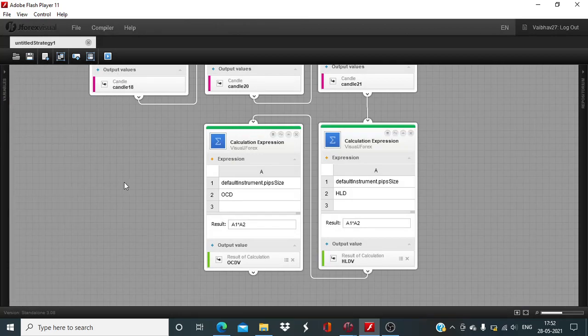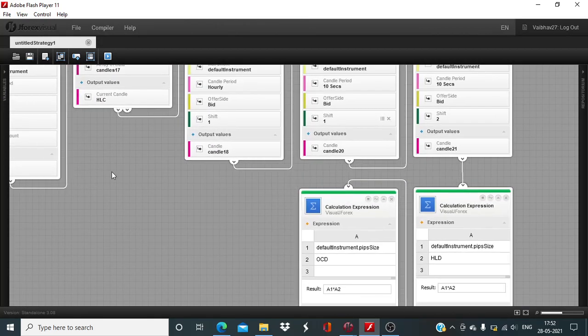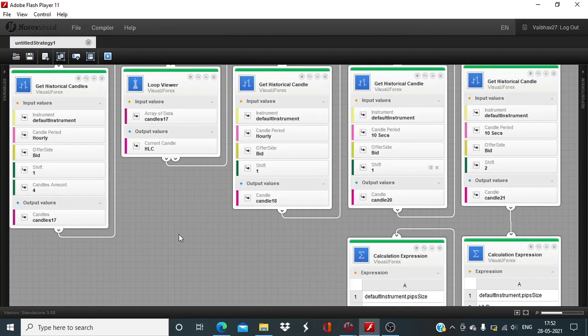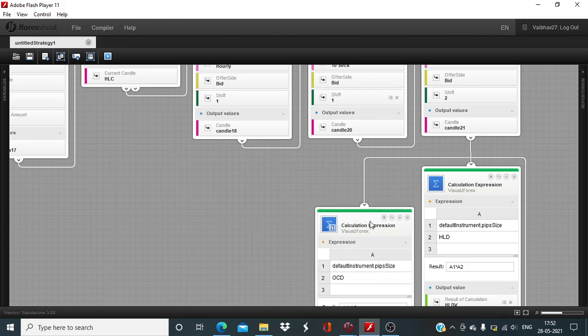Okay, so these two values have been defined now, and as we are now running short on time, I will stop here, and in